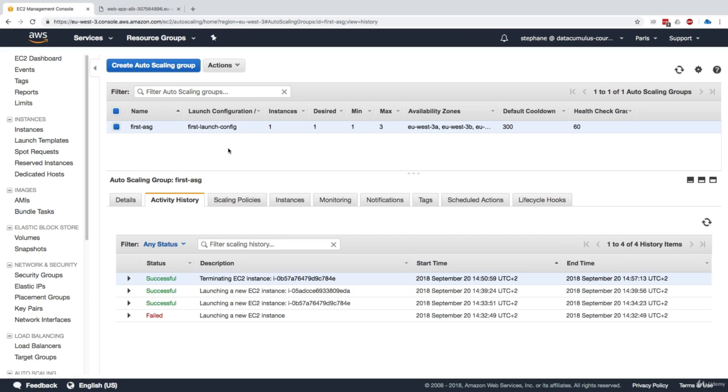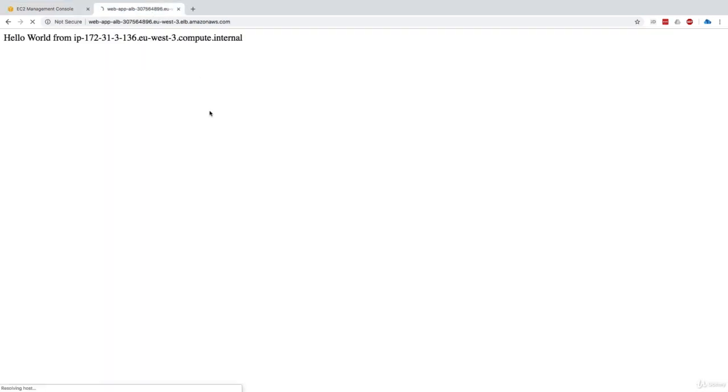Okay, so as you remember, we have our autoscaling group and we have a load balancer. And so if I go to my load balancer, we basically get to our application servers. And so what we want to do is not have this crazy URL. We actually want a URL that's going to be nice for us.